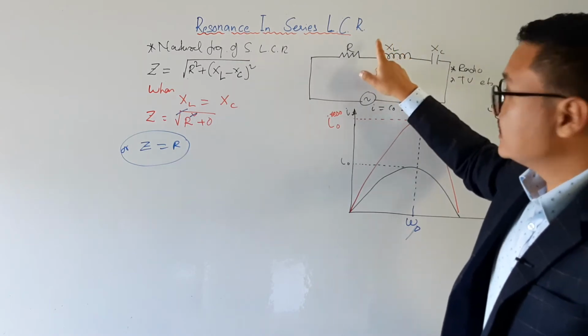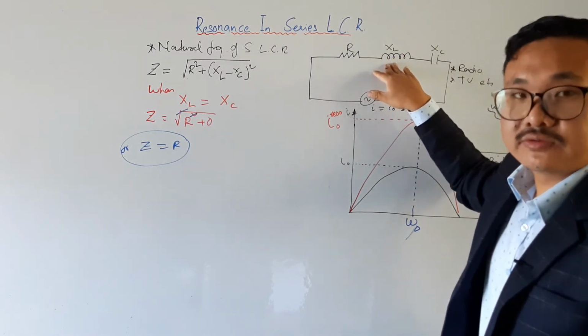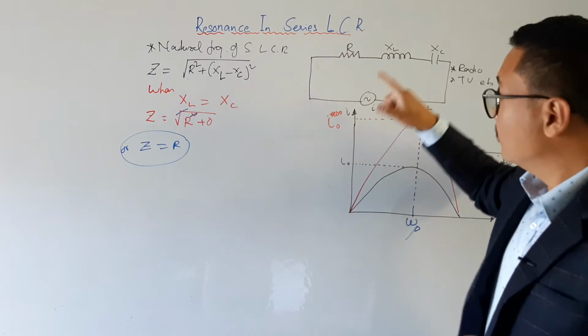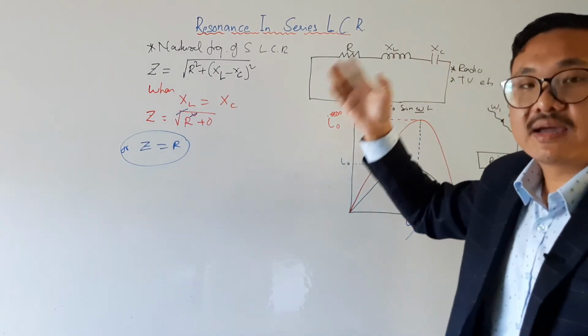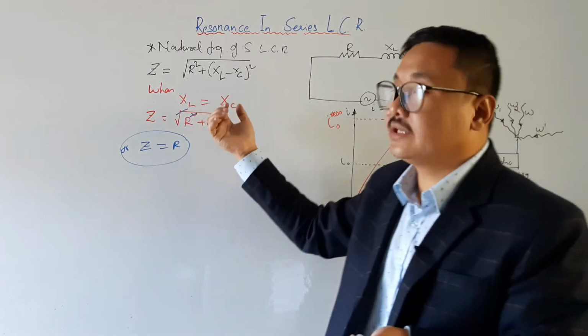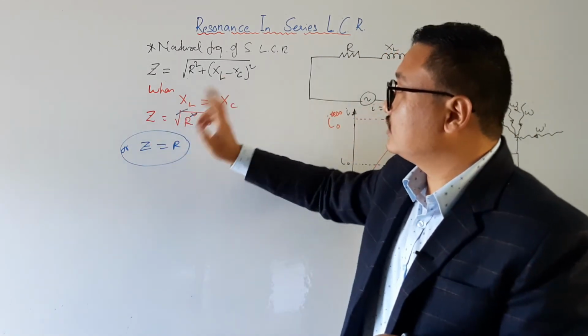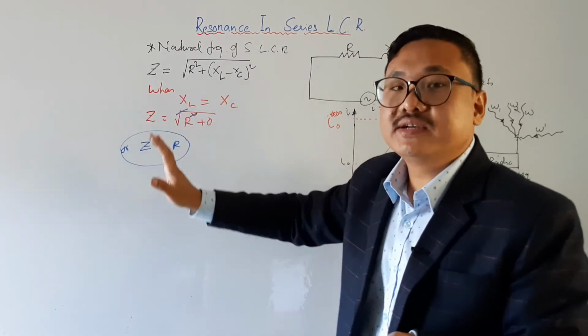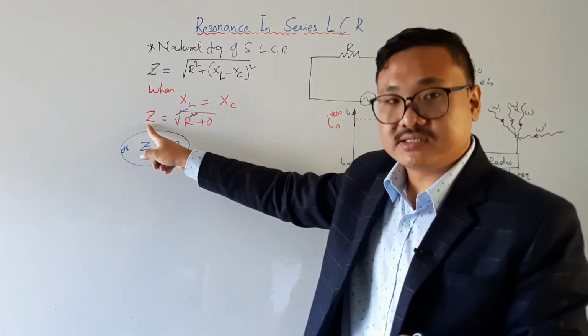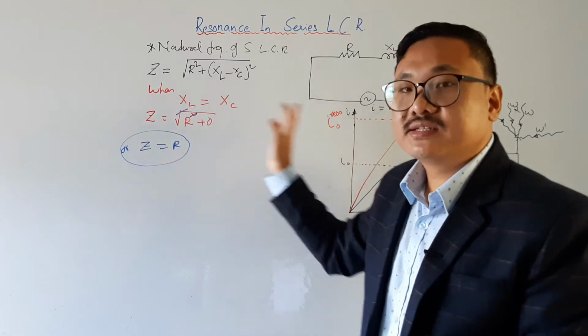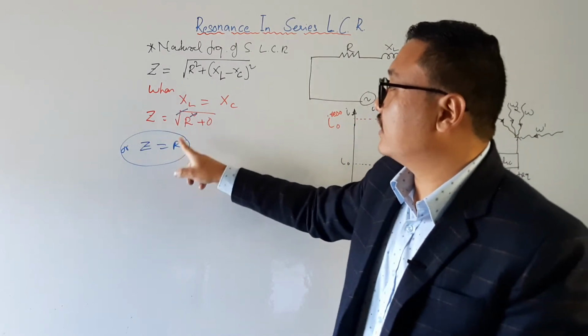This is the resistance offered by the inductor, which is called inductive reactance. What is XC? It is the resistance offered by the capacitor, which is called capacitive reactance, and they are equal. Whenever they are equal, what is Z? Impedance. Impedance means the resistance. Z is the resistance offered by the series LCR, which we have studied, and it is equal to R.